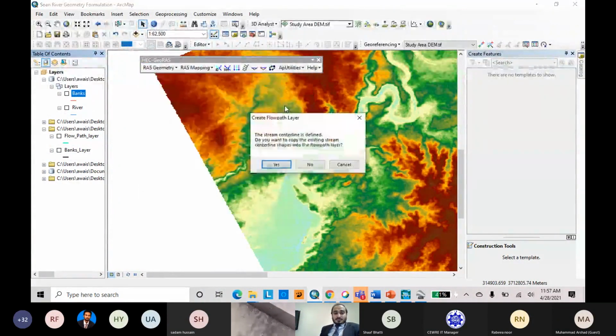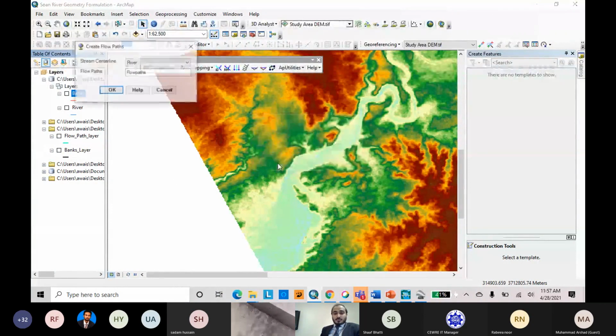Flow path center line. Here the stream center line is defined. Yes, we have to define the stream center line in our river. Do you want to copy the existing stream center line shape into the flow path? Yes, we want to, because we do not want to spend more time on the same feature.